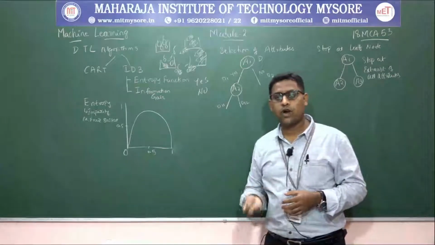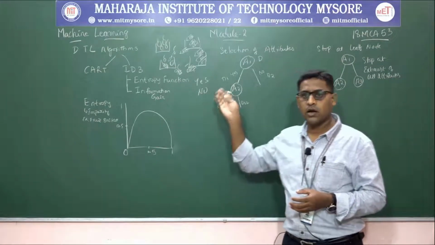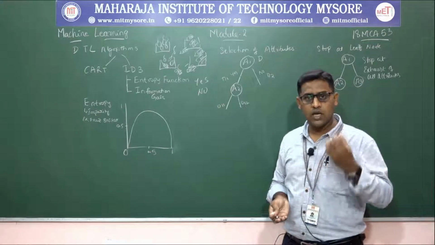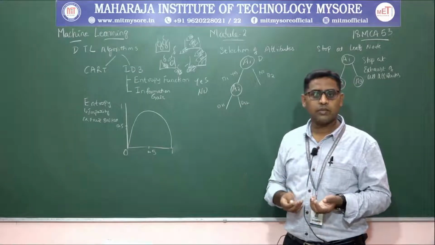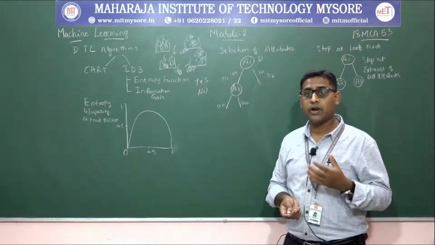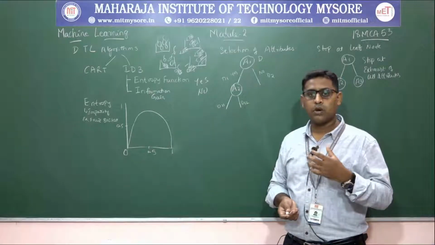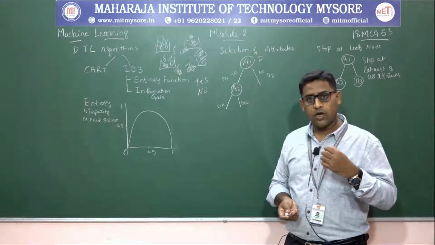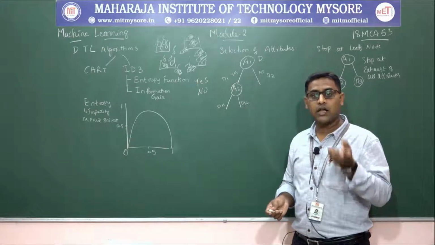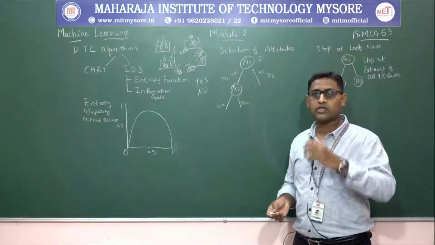So in the earlier example, what we have quoted is that a salary of 10,000 is offered for a job, and whether it will be accepted or rejected for the salary of 10,000 rupees. If it is near to home, that person will be accepting the job. Even if it is near to home, you will be checking whether a cab facility is provided or not. So that person will check for the provision of cab facility. If they provide cab facility, then it will be accepted or not. So now cab facility, near to home, or salary of 10,000, which will be the root node? That is what has to be decided.